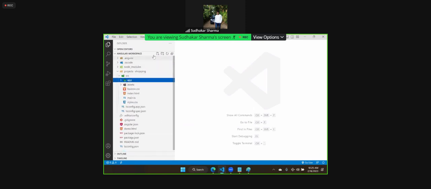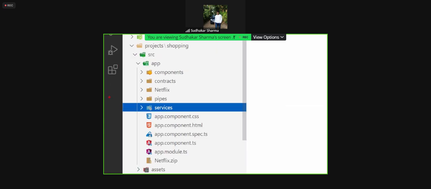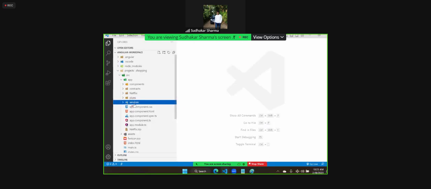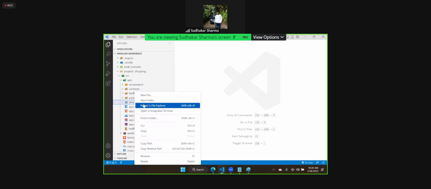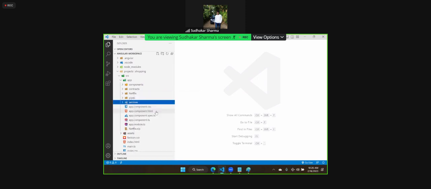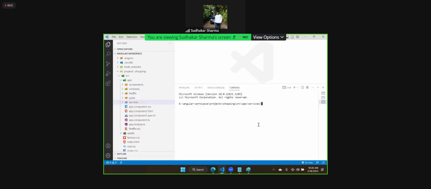I'm adding a new folder in our project by name services. We have components, we have contracts, we have pipes, we have services. In the services folder, we want to add a service. A service is a file. Actually, you can add a service manually, or you can add it using the command ng